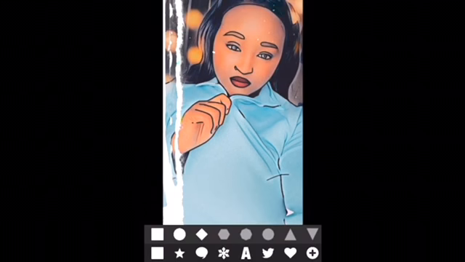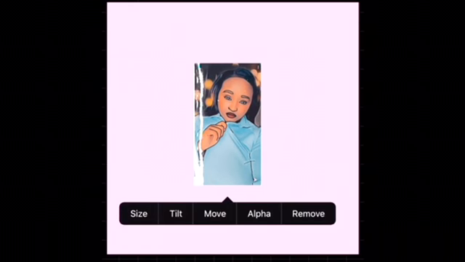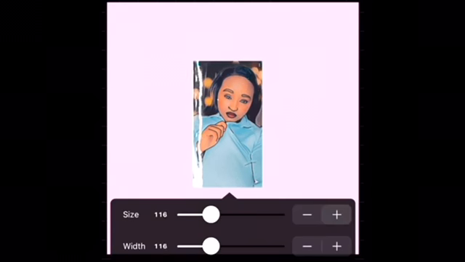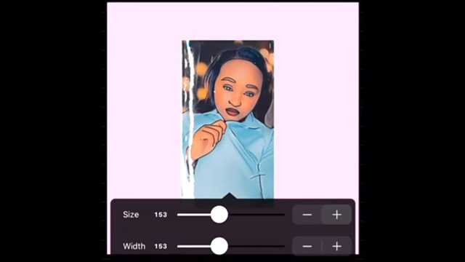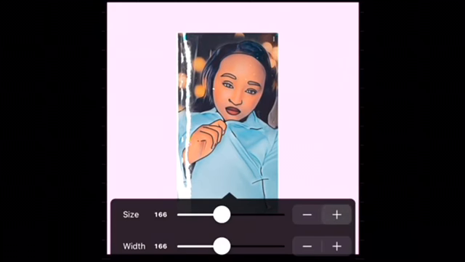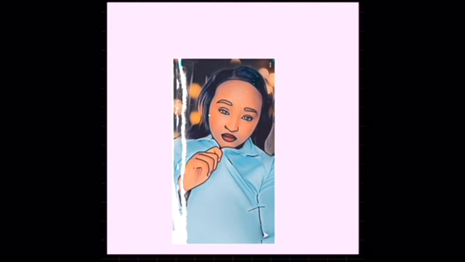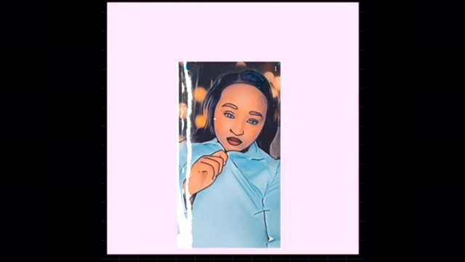You hit done, and then you're going to drag the picture where you want it, and there's different options down here. But we're going to go to size, because we want the size to be a bit bigger than what it is. So once you are satisfied with the size, I think I'm using the 168 size right now. Once you're satisfied with the size, you're going to want to position it exactly where you want it. So we're putting it towards the bottom today, and then you'll click the picture and hit add